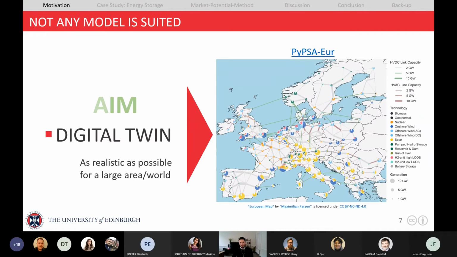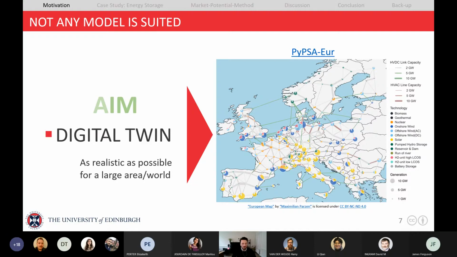But I think not every model is suited, and what we should really aim for is models that are based on real data. What I mentioned here is that the aim in the future is building a digital twin, based on realistic or existing power plant data,